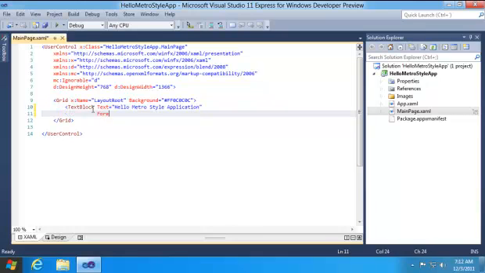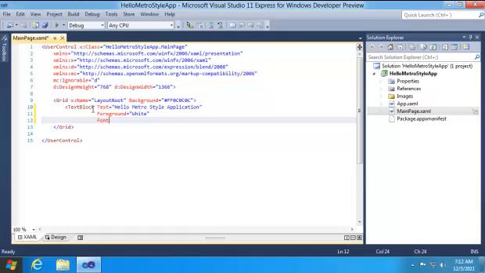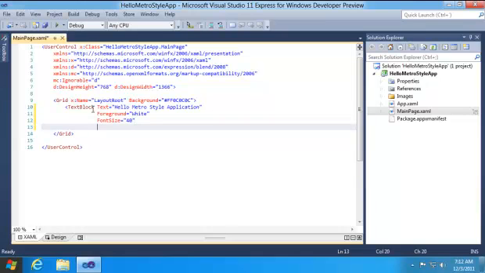We'll set the foreground to white as the background color is already defined as black. We'll set the font size to 40. Hope it will not be a big size.